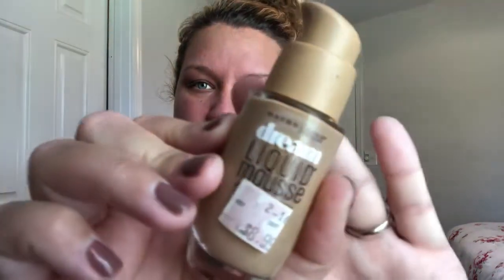Next, I'm gonna go in with the Maybelline. It's kind of crazy how many Maybelline products I use. I told you I was a very basic girl. Sometimes I think we go crazy with the high-end stuff. I got this at Kmart when it was going out of business. It's the Maybelline Dream Mousse foundation. It's been around forever, and this is in the shade Natural Beige. It's actually a little too light for my skin right now. And then just